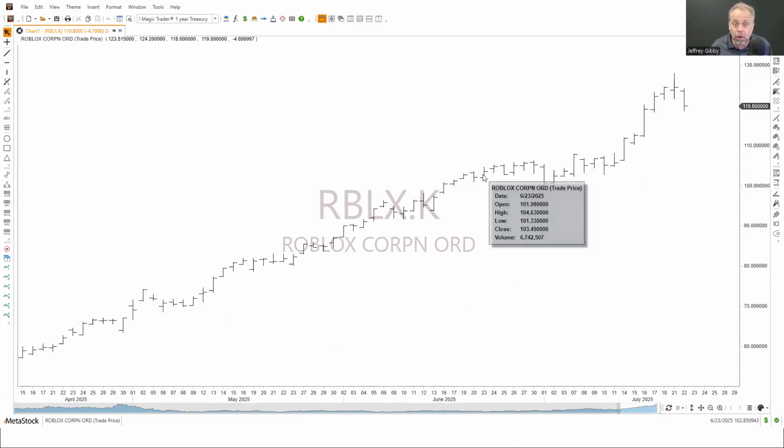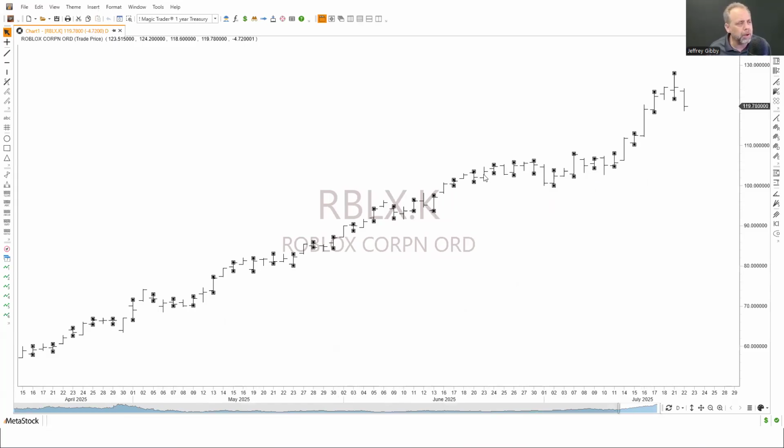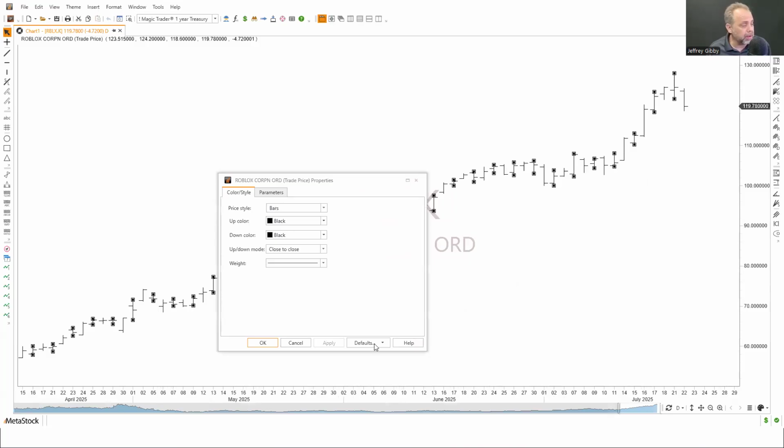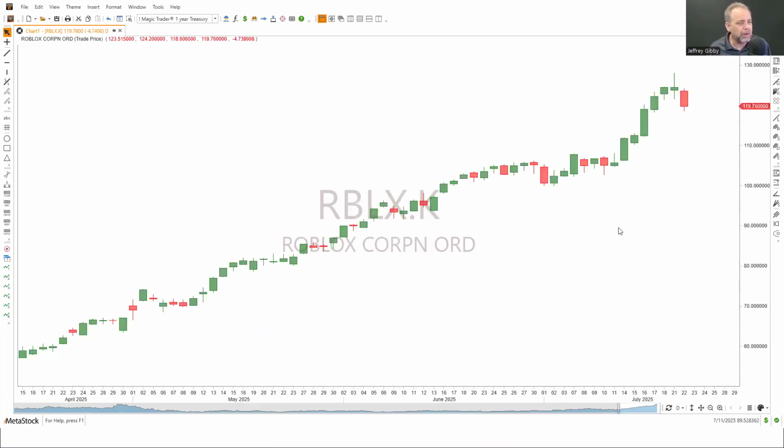Now, anything you ever want to change on Metastock, just double click on it and go to the properties. So I'm gonna double click on the bars. I'm gonna go ahead and set this to the default for this page. Then I'm gonna change it to candlesticks. Okay, we'll go ahead and click on apply. Not important, I visually understand candlesticks better because I'm used to looking at them. Okay, in candlesticks. Okay, now I'm going to apply those two moving averages.